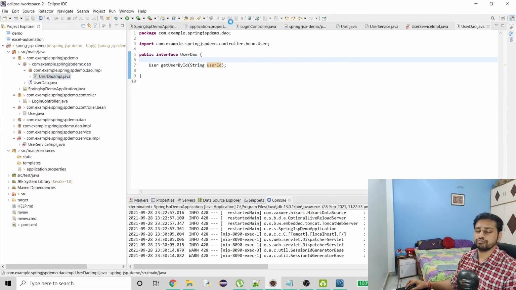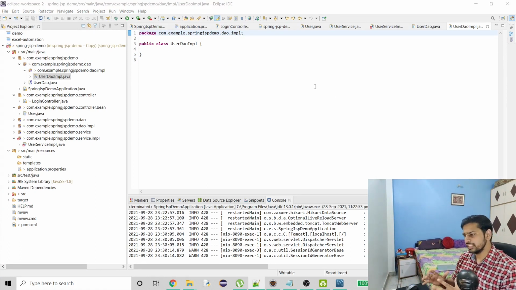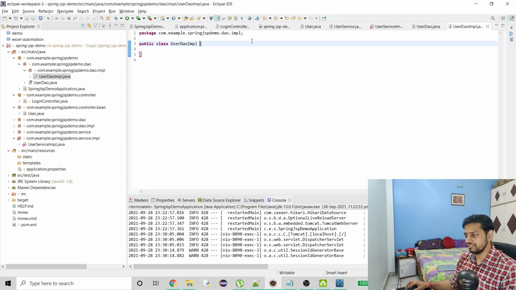Now why did I say this is going to be the important one? Because when we say DAO layer, it is going to have a lot of things. It is actually going to be a center point for us, because it is going to use those JDBC classes for which we added the Spring Boot JDBC dependency in pom.xml, right?